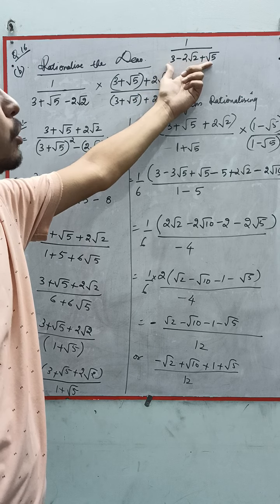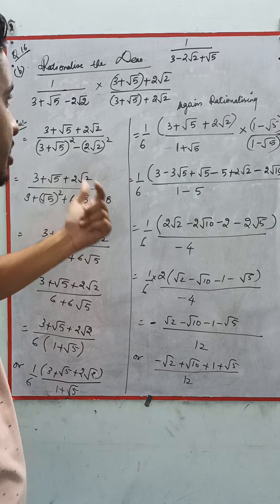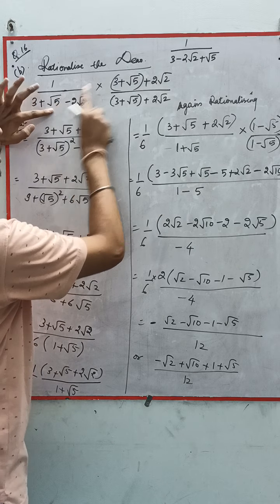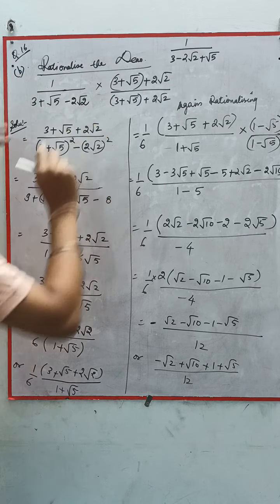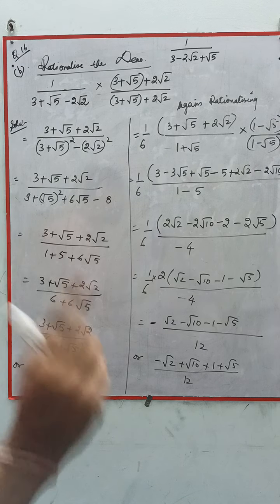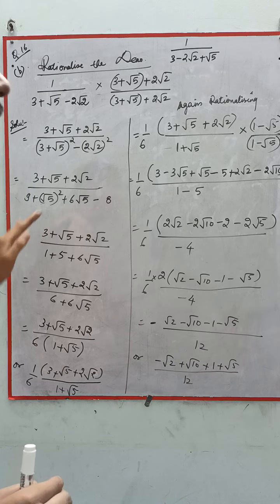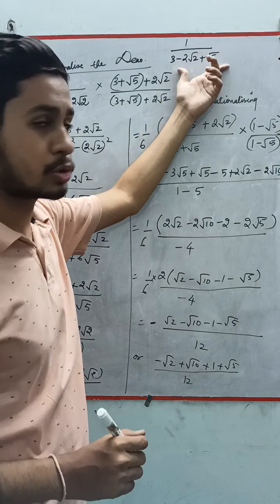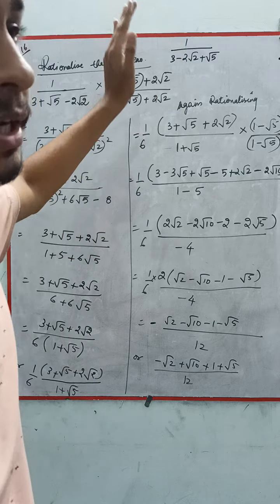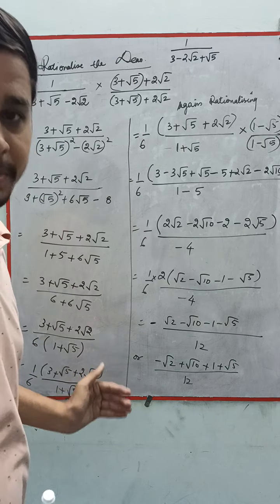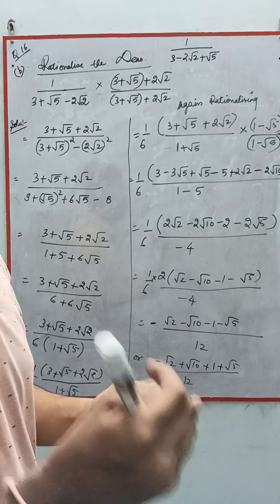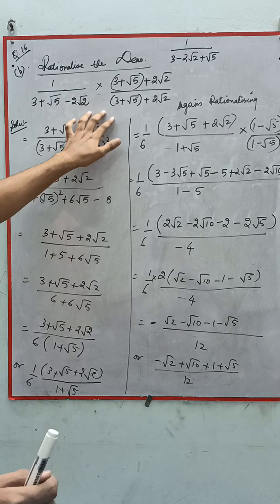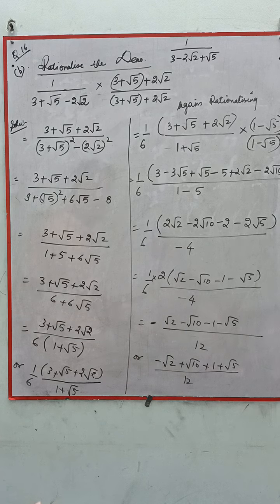So here we need to do some arrangement. What arrangement am I doing? 3, I am taking this root 5 closer, minus 2 root 2. Now the question should be raised in your mind, why are we doing this arrangement? Just to make the solution easier. You can go with this also. Without arrangement also this question can be done, but after some steps it gets complex. So that is why we need to do certain arrangement here. You will get the reason why we have done the arrangement.